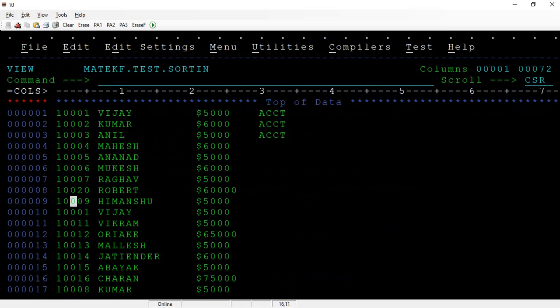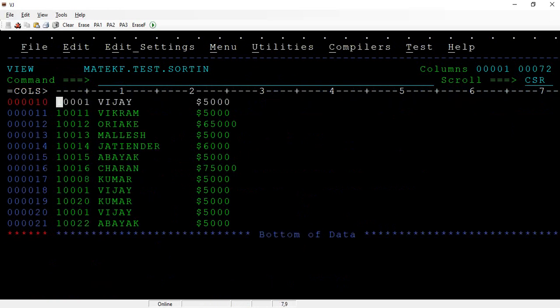In my input file, I wanted to copy the first 10 records into one file, and then after that I wanted to skip the 5 records and then copy the records from 16th to 21. So this is my requirement: the first 10 records to one file and then skip the next 5 records and then copy the rest of the records, or maybe some 10 records. Okay, so that's my requirement.